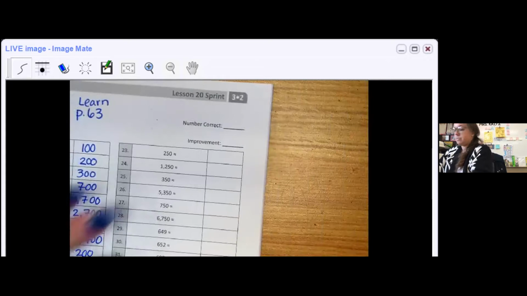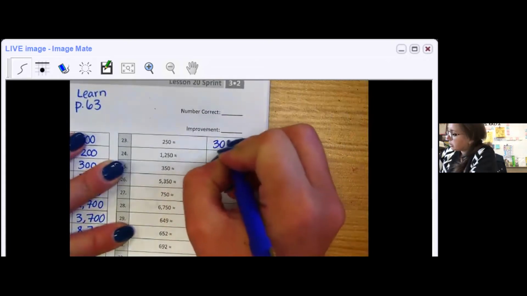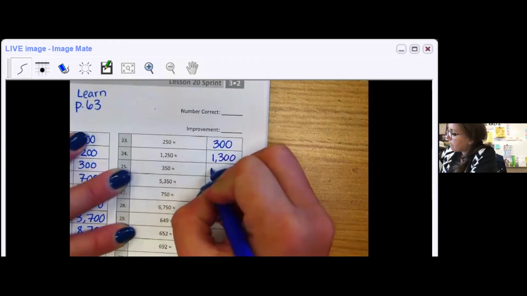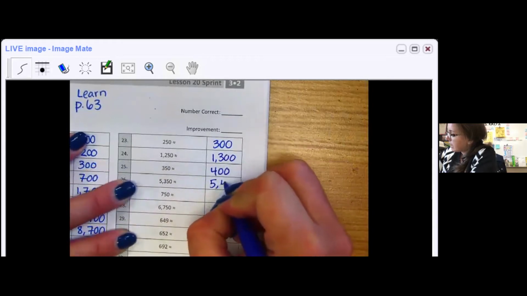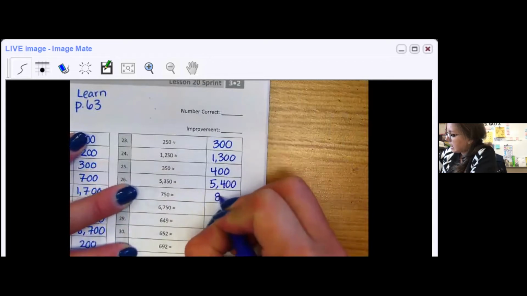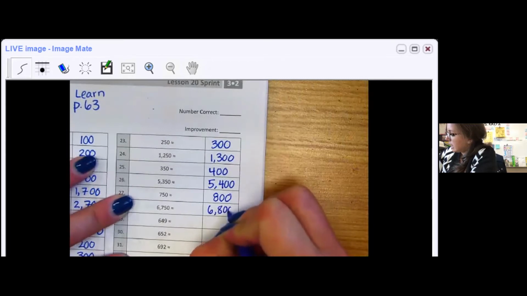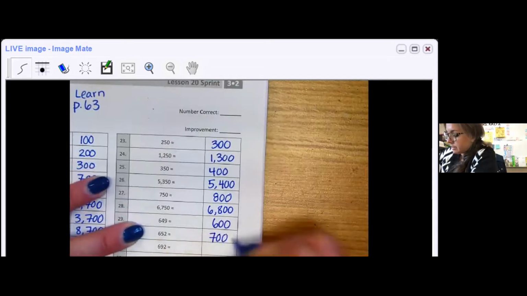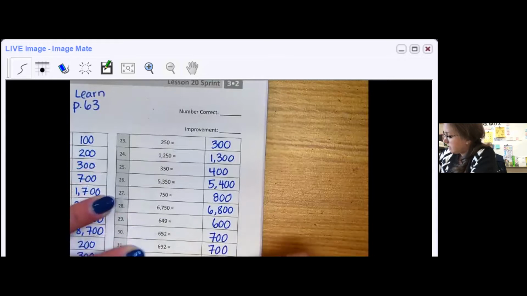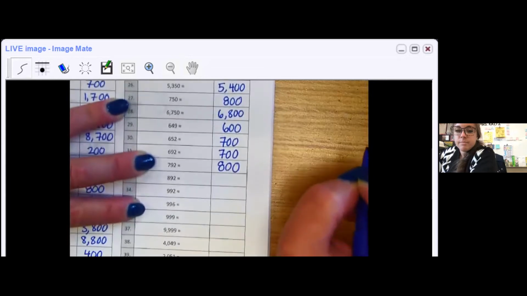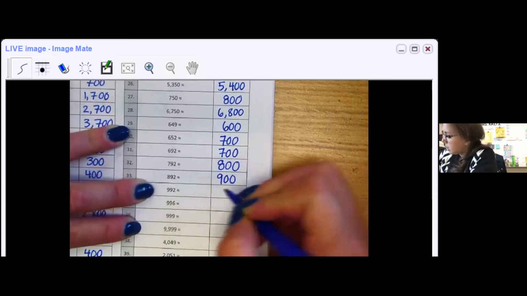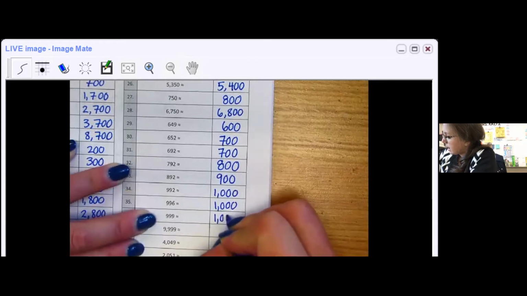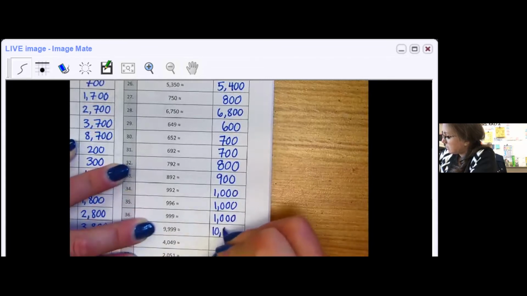Top of the next column. 300, that one's tricky. It's right on the halfway mark, but we bump up. 1,300, 400, 5,400, 800, 6,800, 600, 700, 700, 800, 900, 1,000, 1,000, 1,000, 10,000,